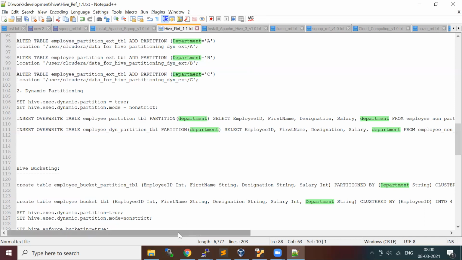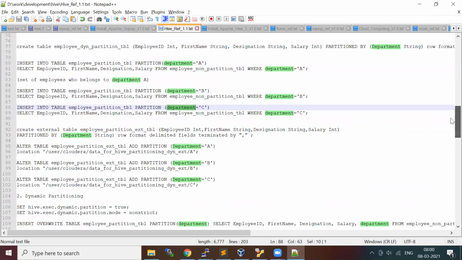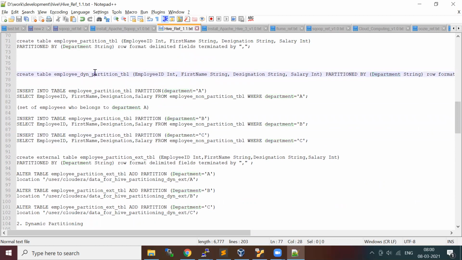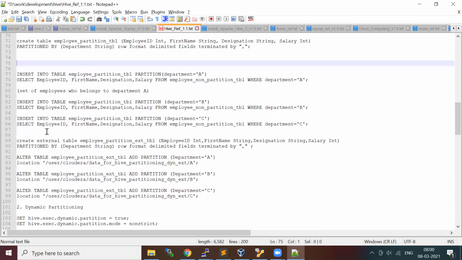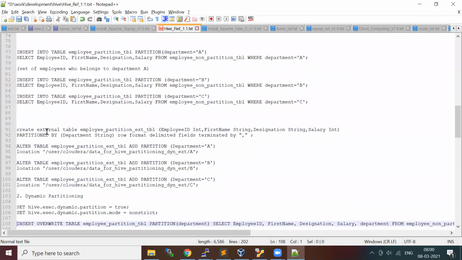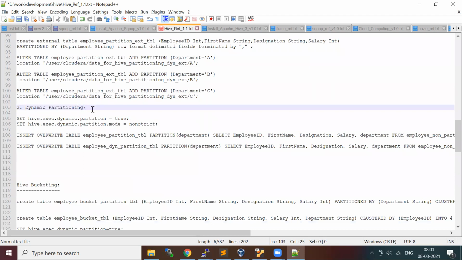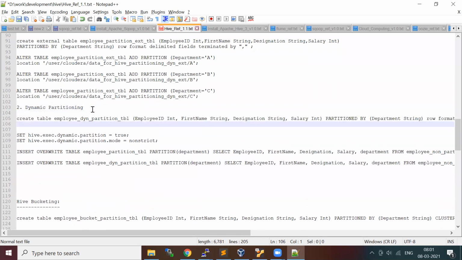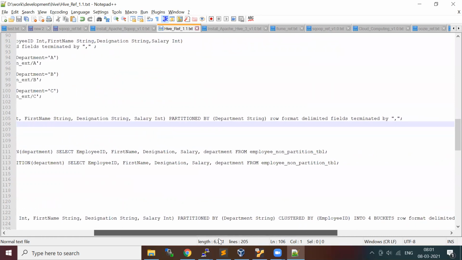Between dynamic and static partitioning, there is no difference definition-wise.